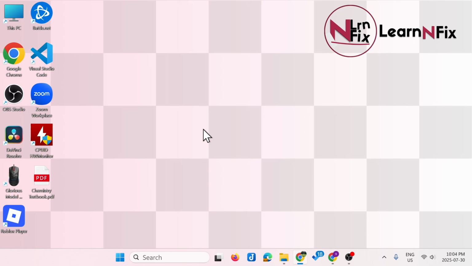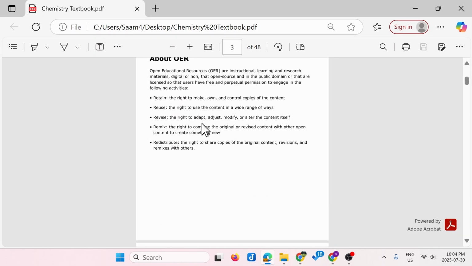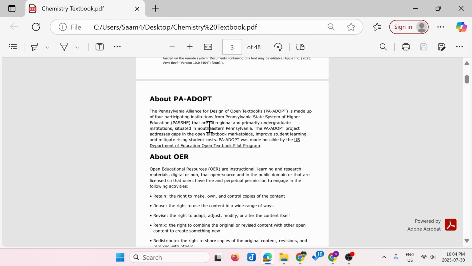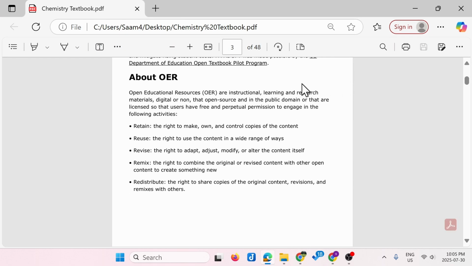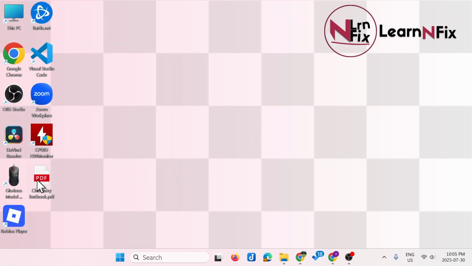Hello everyone. Today I'm going to show you the best way to have Microsoft Word read out PDF documents for you. So over here I have a textbook in PDF. If I open it, this is just a free textbook. Now if you want Microsoft Word to read out the document for you, first you want to convert the document